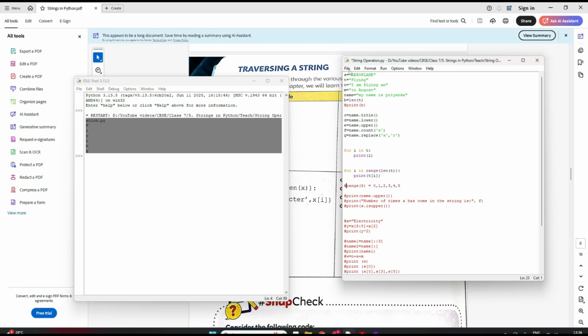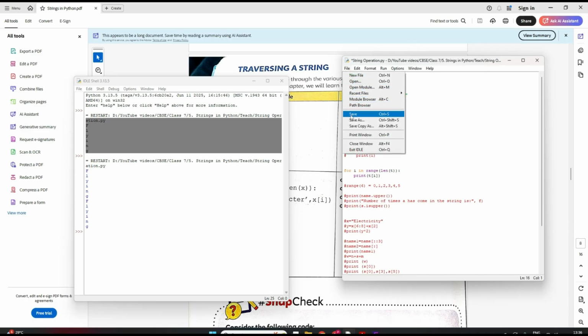Now let's save and run and see how it works. See. Why is it printing twice? Acha, it's printing twice because for this also it printed, correct? Yes, let me just comment out this one. Now let's run.